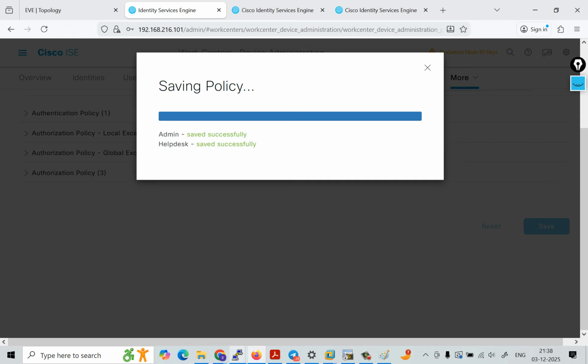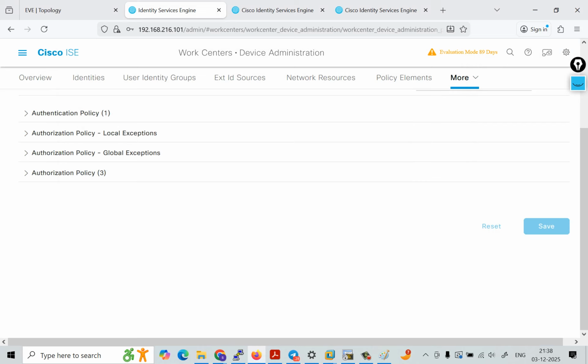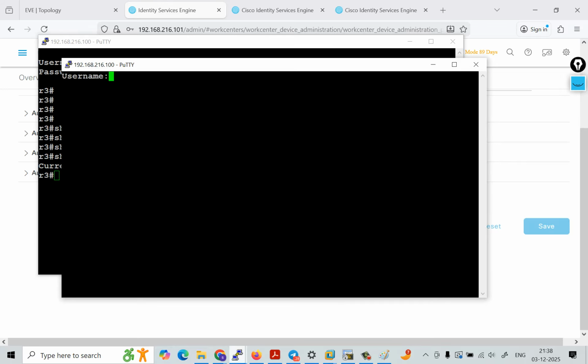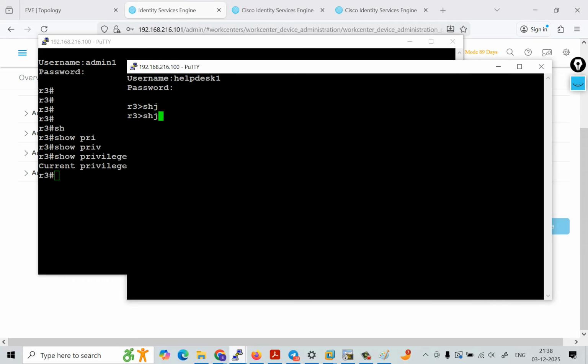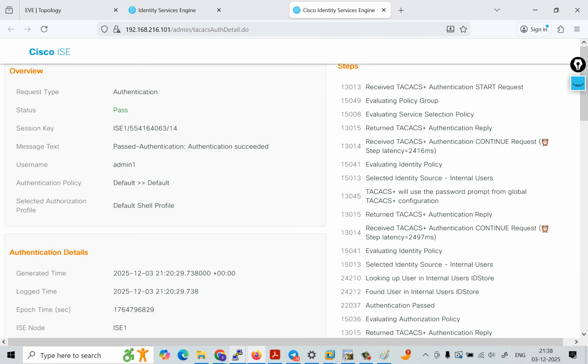So save it, and now let me retry. Exit again. Make it duplicate. Helpdesk one, password is cci@123. So see, this time we are not getting full access. If you see the privilege level, even the command, we have privilege level 1 this time. And if you try to check the logs,